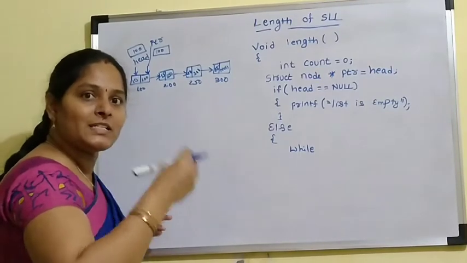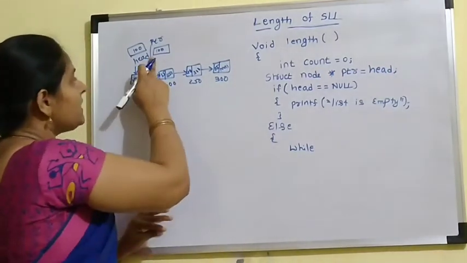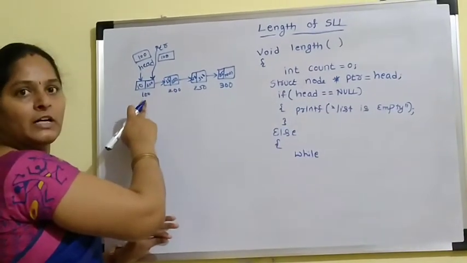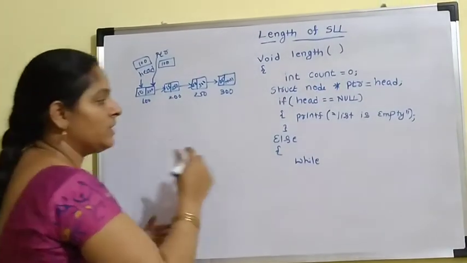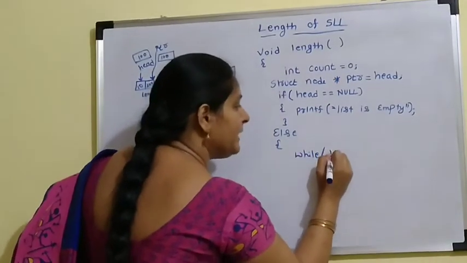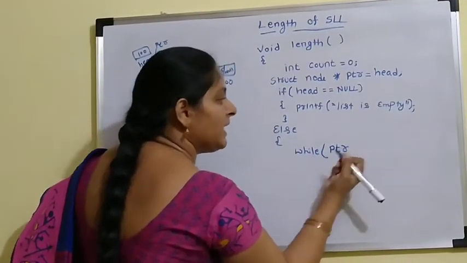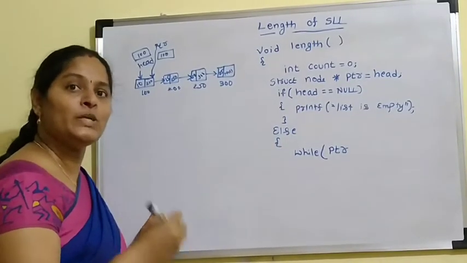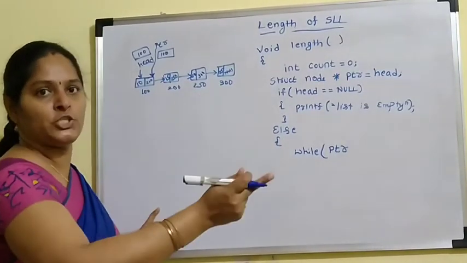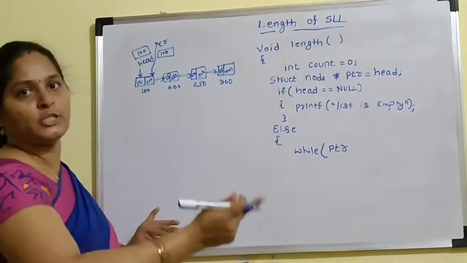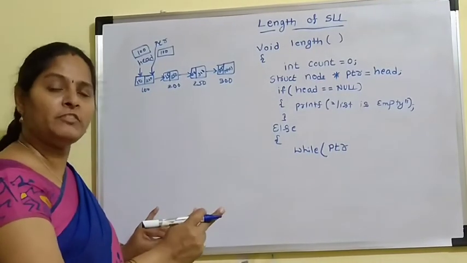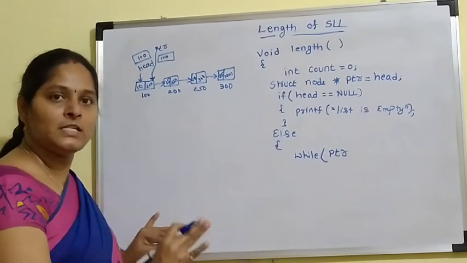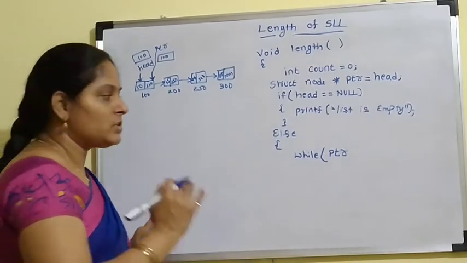Always it points to the address of that particular node. So first we are initializing PTR with the head node. So PTR holds the address of head node 100. Now here I am comparing whether PTR value is null or not. If PTR value is not null, move to the next position. Count that node and move to the next position. At any point of time, if PTR value is null, that indicates that the list is over. Okay, so that is the logic.